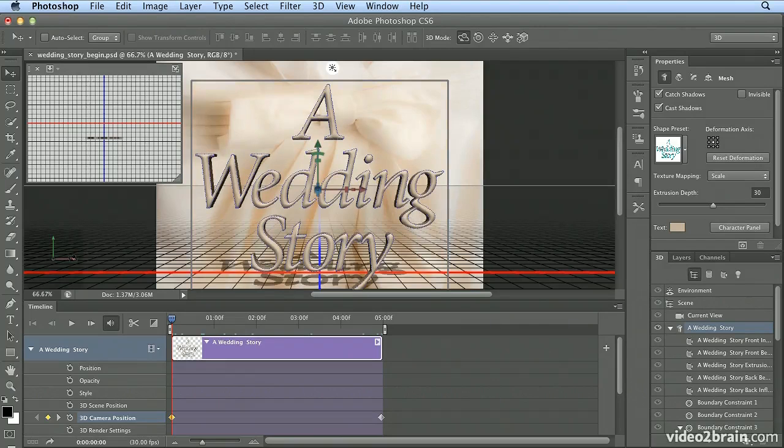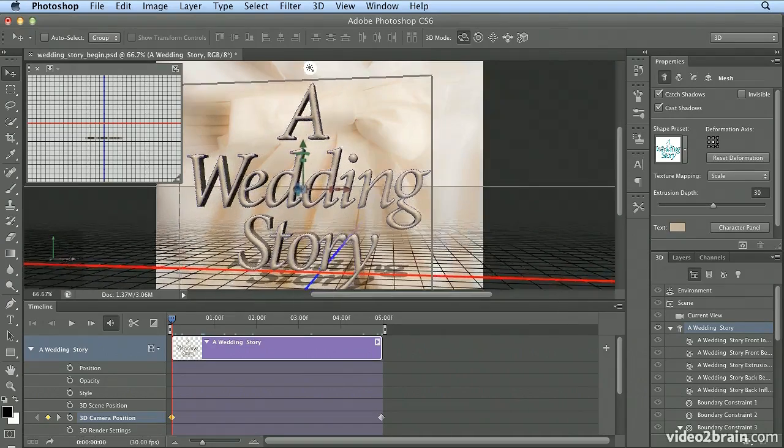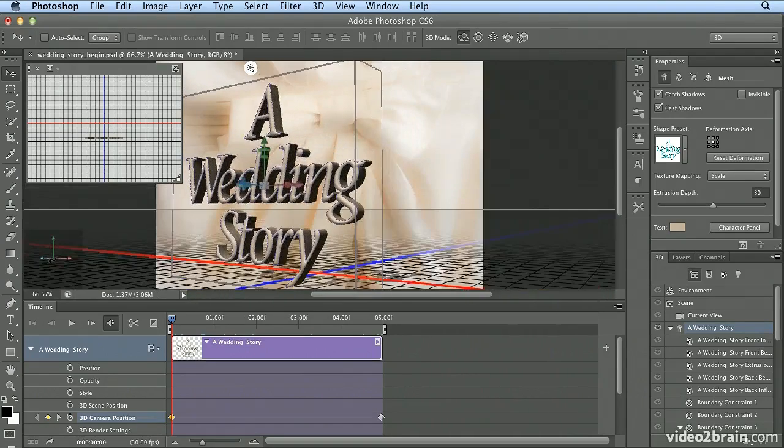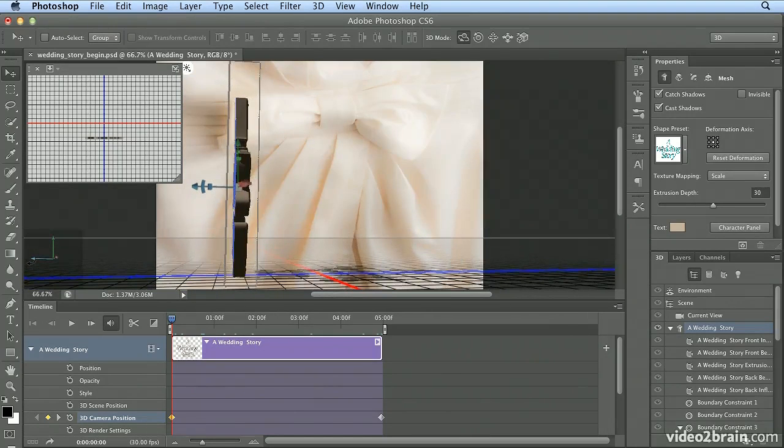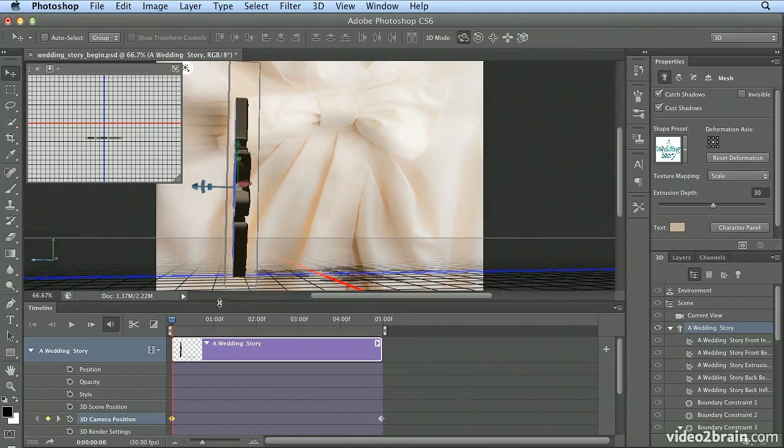Down in the lower left is your camera widget. The camera basically would be like a person walking around a 3D shape, so you could see all sides, or turn it to any angle you'd like. And if you move this really far, it can do some wacky stuff. So I'm going to make a subtle move. I will click and drag to the left a bit, trying to keep it straight until the text is almost perfectly sideways. I'll let go, and now down in the timeline, I could stretch it down a bit